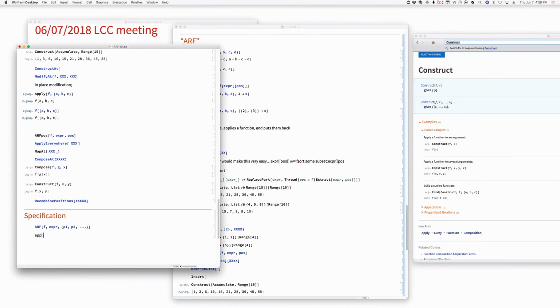We would normally say applies f, even though it's not in the formal sense, applies f to the list of elements P1, P2, of elements. I would say of the list of elements at positions. Okay, well, let's say to the elements at positions P1, P2, P3 of list, taking the result